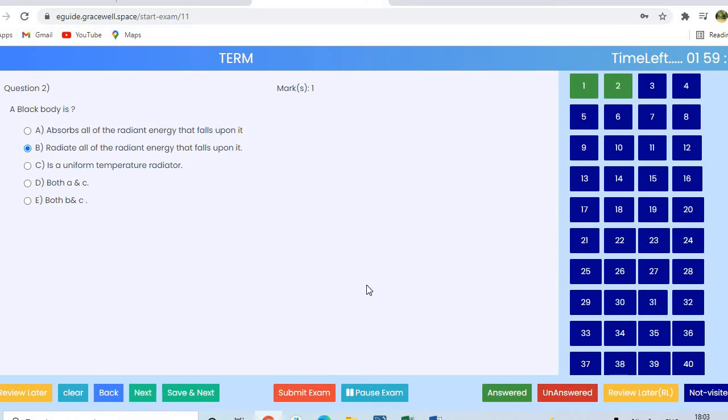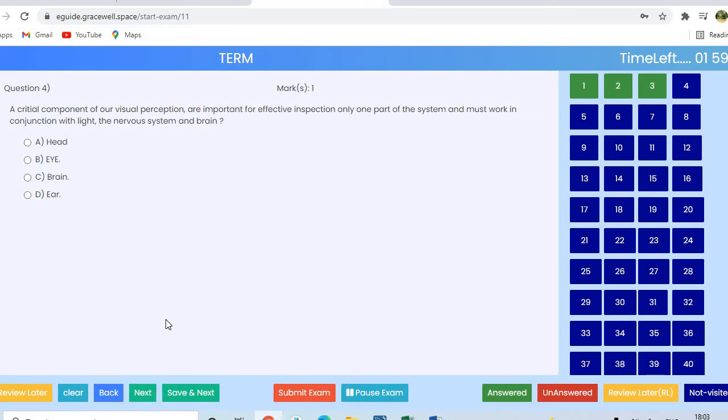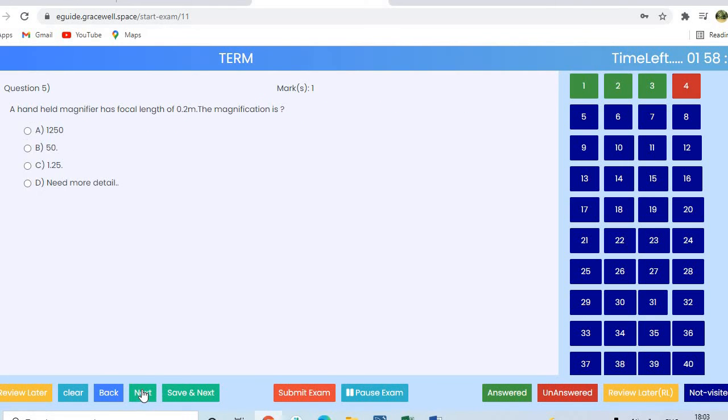So the difference between the practice exam and the main exam is that the practice exam shows the answer instantly, whereas in the live exam, the demo exam, the answer does not come. So it only shows whether you have taken the exam or not. If I answer, it shows this color. And imagine that I have seen the question, I haven't answered, I'm going to next. See, I have seen the question, I haven't answered, so it is again in red color. Again I haven't answered, it goes to the next one. So these are the features that I have. So as a student I'll be able to take these exams.